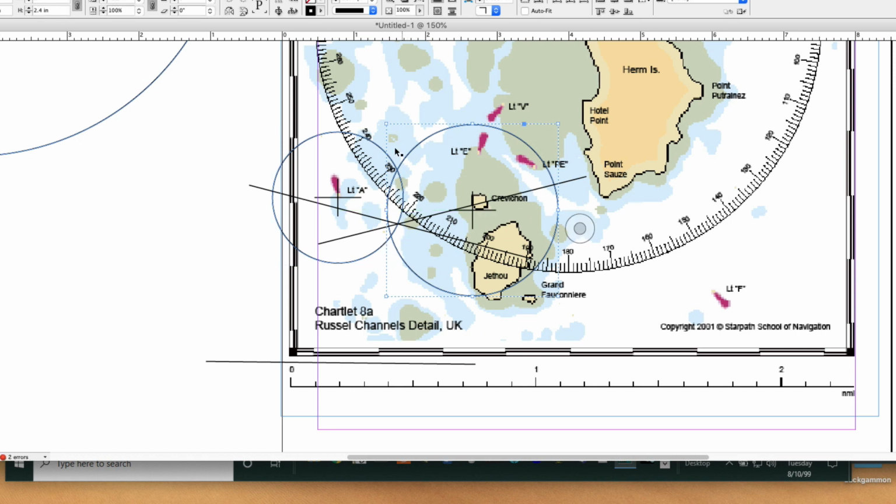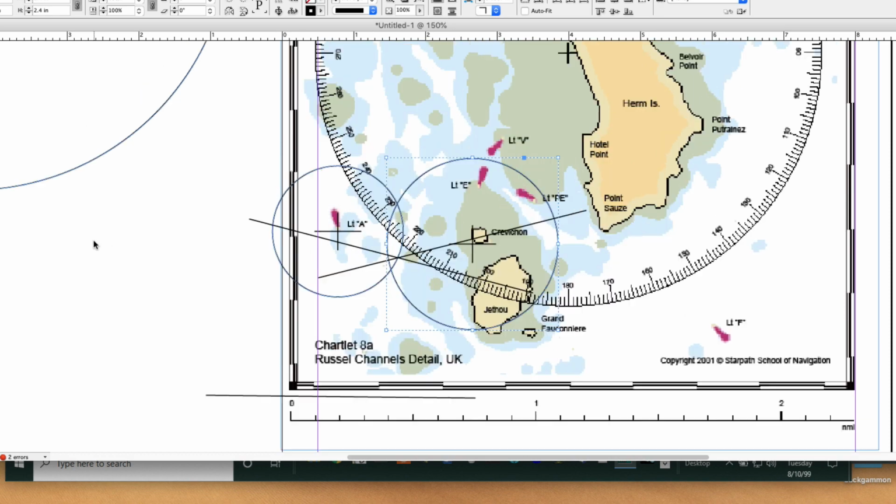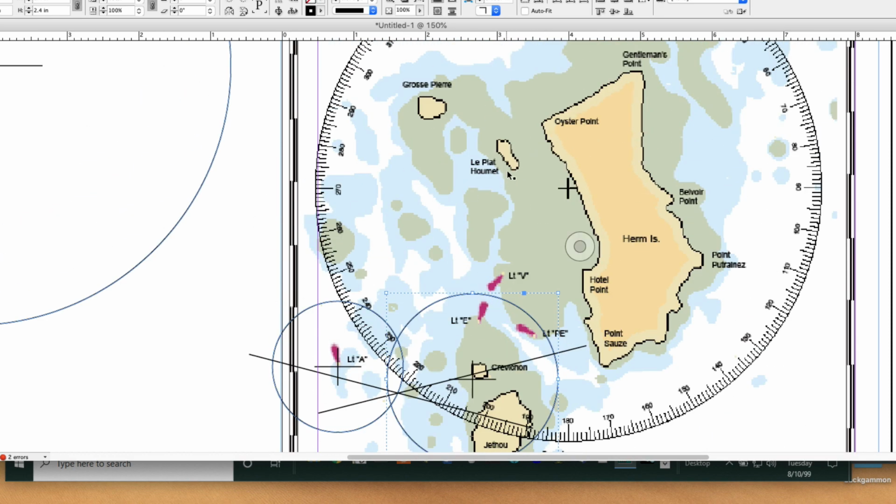Now, those two intersect in two places, here and here. So if I'm doing just ranges, then I could be here or I could be here. Both would give me exactly the same range. I have a little advanced knowledge because I did those quick bearing fixes, so chances are I'm about here, something like that. But now the job is to put in the range we did to this fellow here, which was